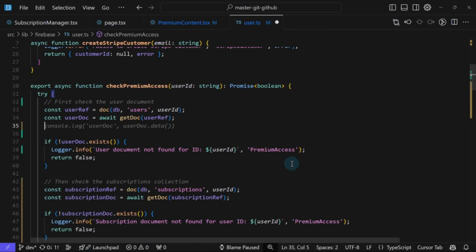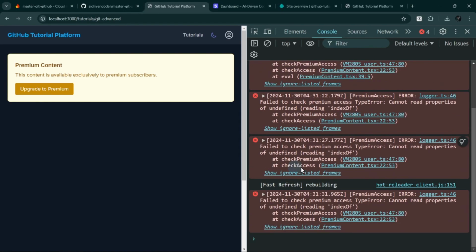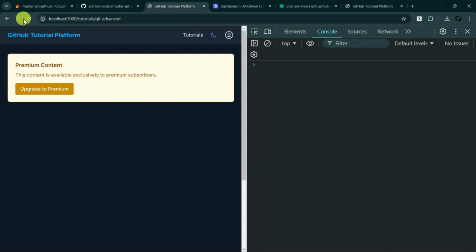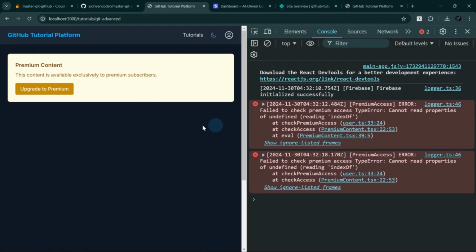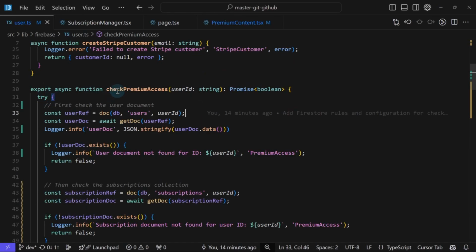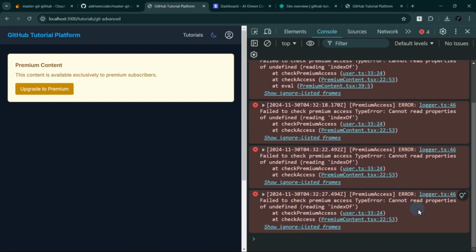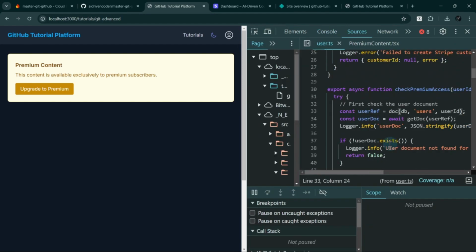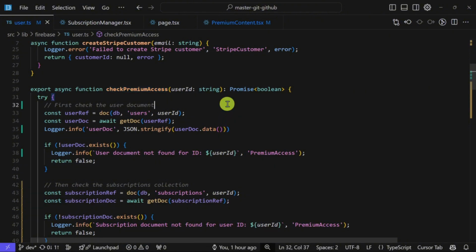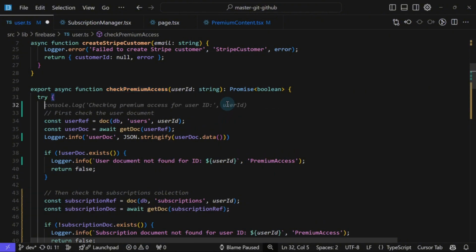Let me log more of this. Check premium access, which is this one. It says here cannot read properties of undefined. Okay, which is undefined? Let me add more logging here.